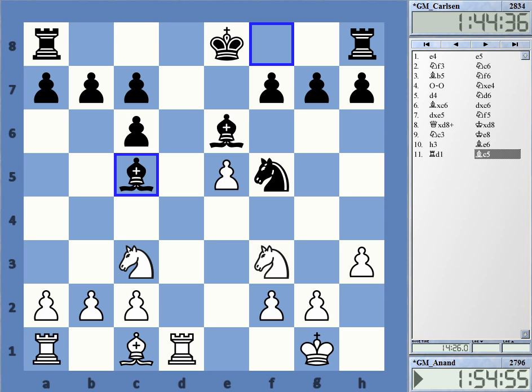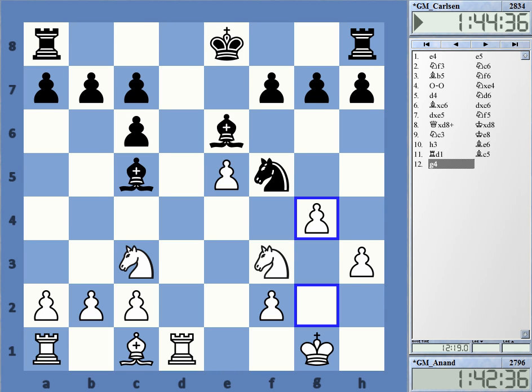Normally black is going for a setup where the bishop comes to e7, or sometimes even the knight will regroup and only then you go to e7. But going to c5 was something that we didn't have on our radars at all. Anand now plays in a very principled fashion, gaining space on the kingside. This is also one of the reasons for this somewhat mysterious h3 move earlier. This move here, you prepare g4,